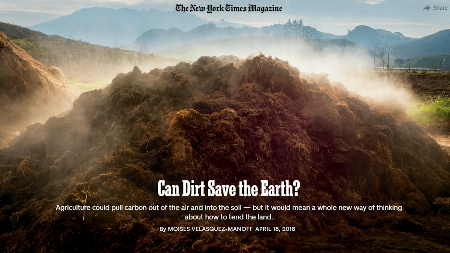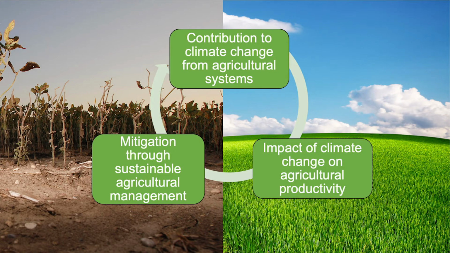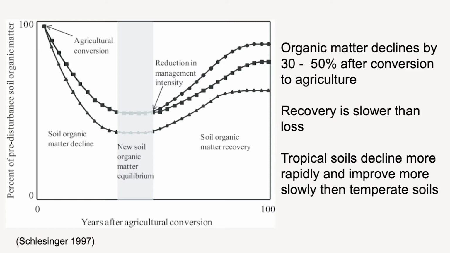And there's also a lot of pressure being put on soils to be a solution to some of the climate change issues. They want a CO2 drawdown. This is a New York Times article, Can Dirt Save the Earth? And it's talking about carbon sequestration. So agriculture and organic agriculture is an interesting spectrum. Agriculture has contributed to climate change, greenhouse gas emissions, land conversion. We're also being impacted by it, and at the same time, we've also been tasked to be part of the solution. So you can be part of any part of this when it comes to sustainable agriculture research.